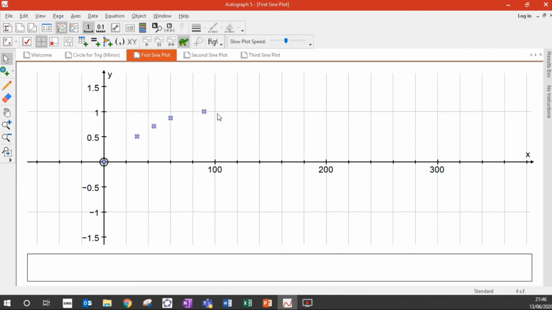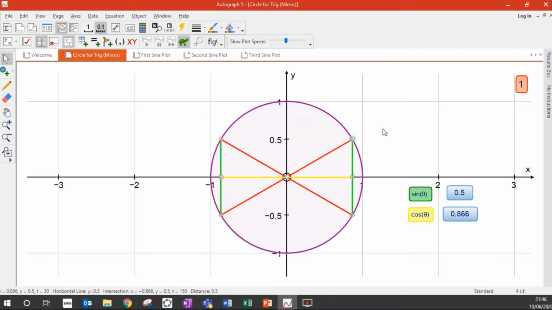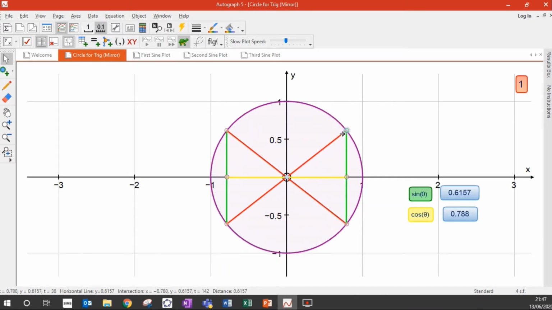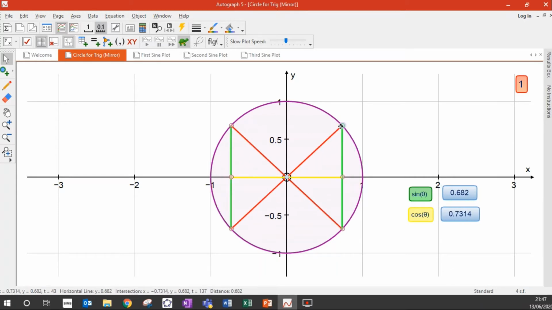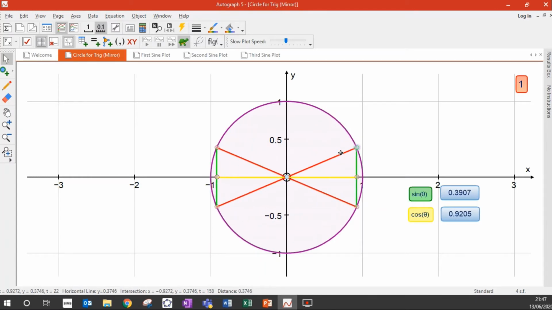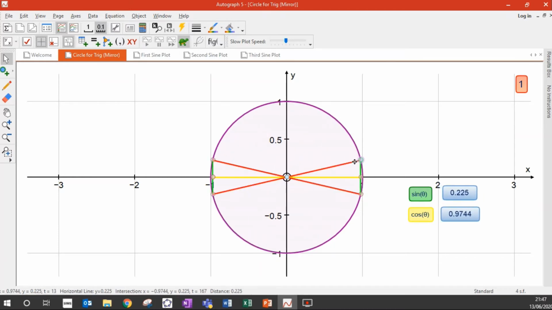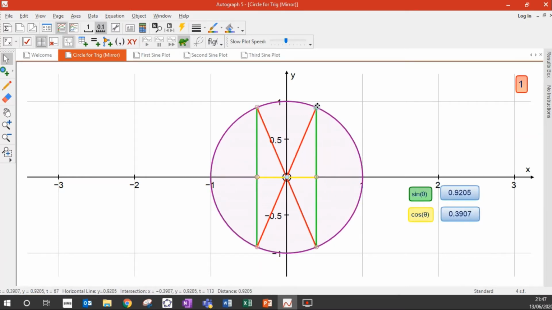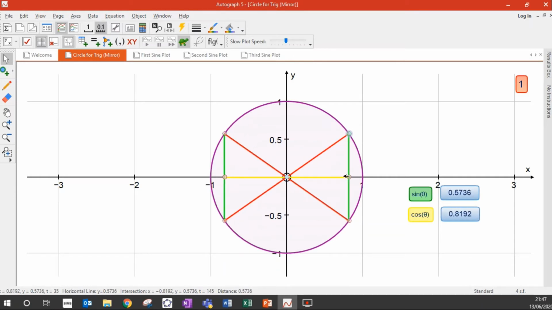Okay, so the point here is we've got a starting point. We've got the first 5 coordinates that will appear on this graph. I can use this picture to get a few more. So we've got to look at how the values repeat themselves. And of course, at the minute, we're only focusing on the green, we're only focusing on sine. Cos will come later. And we notice that actually, if we mirror these lines in a special way, the values do repeat themselves,